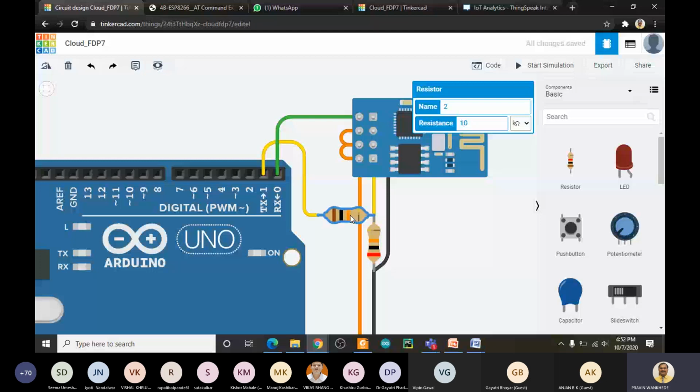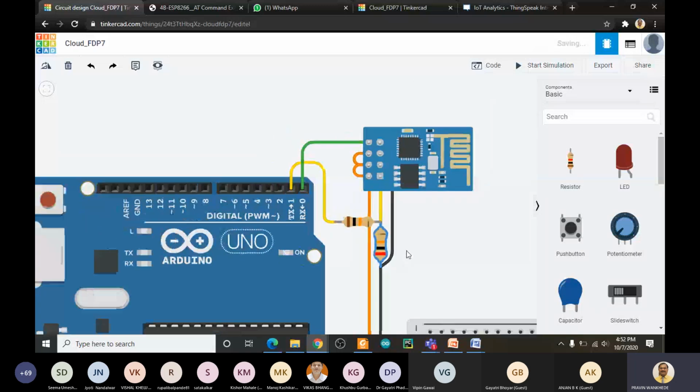Your total voltage at this point will be 10 divided by 30 kilo ohms, which gives 3.3 volts. So 10 divided by 20 multiplied by 5. Just a minute, sorry, actually it is not like this.